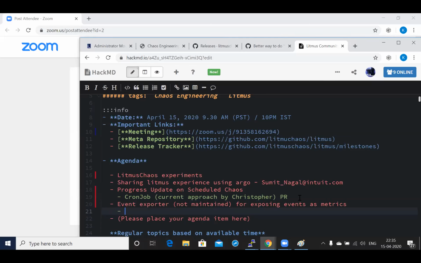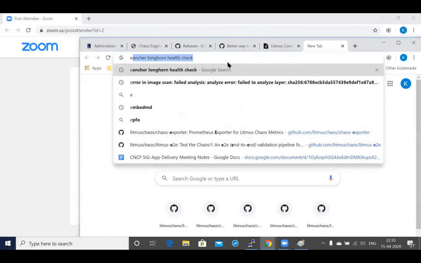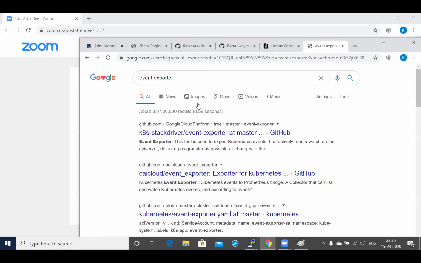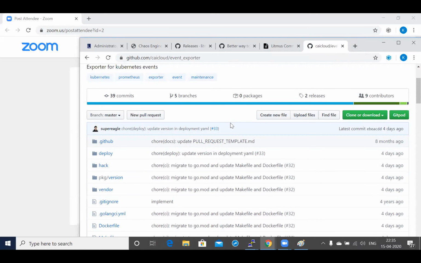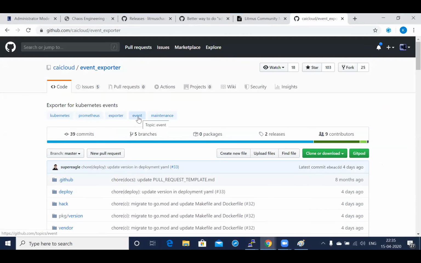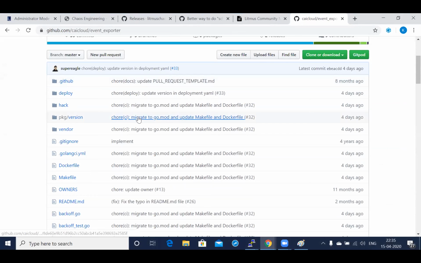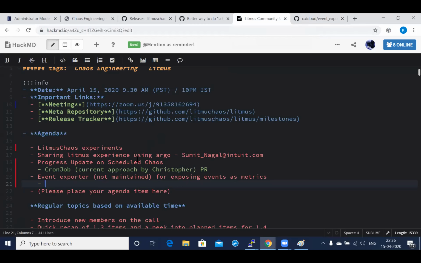There was another one that Kartik had been looking at. Yeah, I think that was called CAI Cloud Event Exporter. It shows up pretty early on this one. Yeah. So if you go to that, if you click on their, let me see. Well, it looks like they're still updating it. But if you clicked on their website, like in the docs, their website wasn't working, which gave me an indicator that maybe this works. But anyway, the event router from Heptio worked fine.